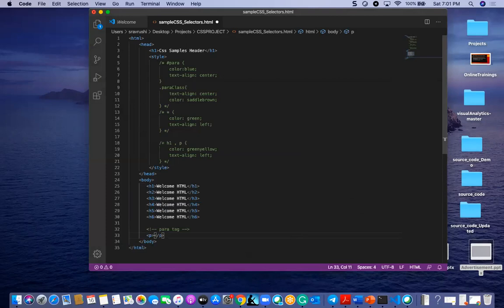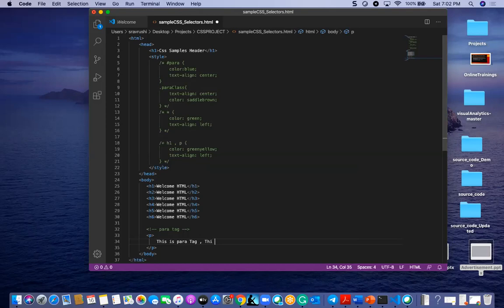So I have here one para tag that starts with the P. Okay. So here, para tag. Okay, so here I just started with this para, this is a para tag.